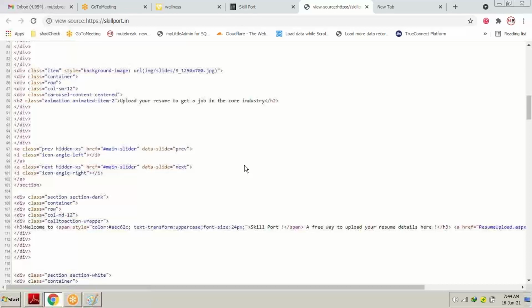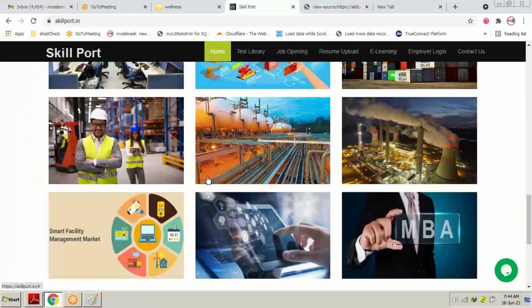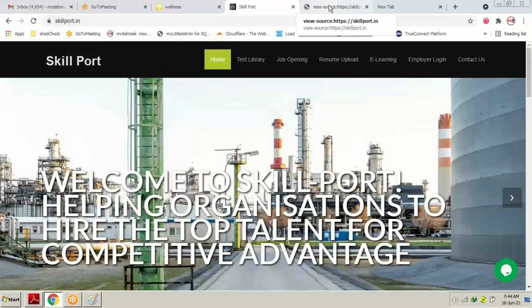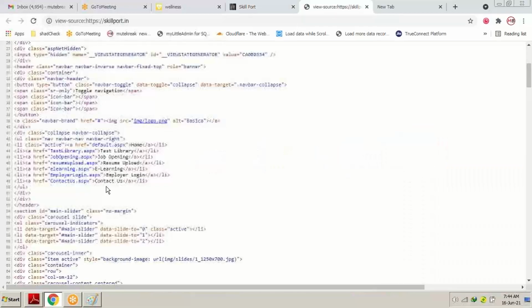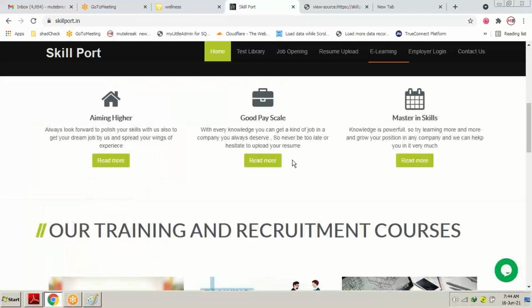But we have used images and a tremendous amount of HTML code to design this page properly. That means the alignment of the image, the alignment of the text, the size of the image and text, all the graphical user interface. For this kind of work we have used HTML and CSS. Okay, what is CSS and how it is used, I'll be telling you in a future session slowly. First, you can see it over here.